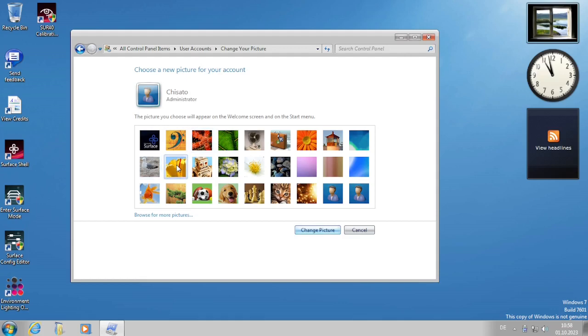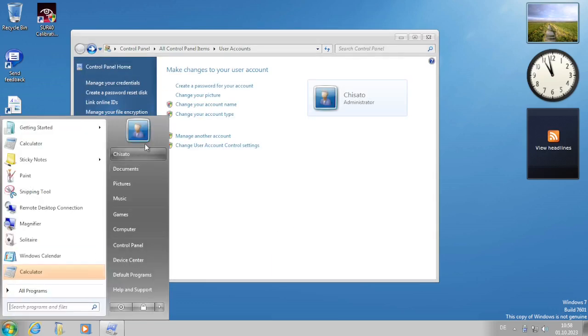Then we have some from Windows 7. This is from the tulips, the full picture from stock. There's also one from a sample picture. This is from a rock. And then some from the light auras and the lighthouse from 7's stock wallpapers, like sample pictures. And then this dude, which I made myself, which is kinda